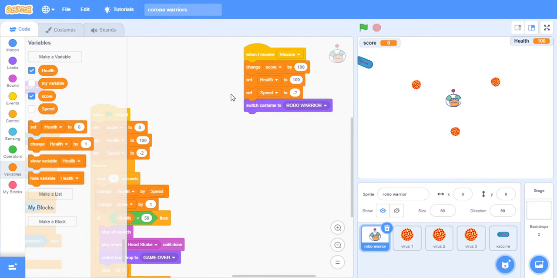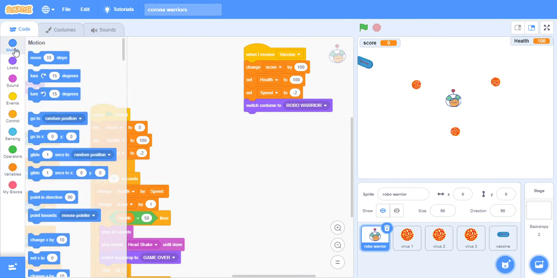Okay, so all the variables are shown over here, but if you don't want to show that, you can just click on this option you see over here. Now the score is showing. When I click on it, then it disappears. When I click again, then it shows again. Like that I have removed the speed and my variable because I don't want to show them. Okay, so we have learned about the codes, then the designation, and also the variables and the sound effect.